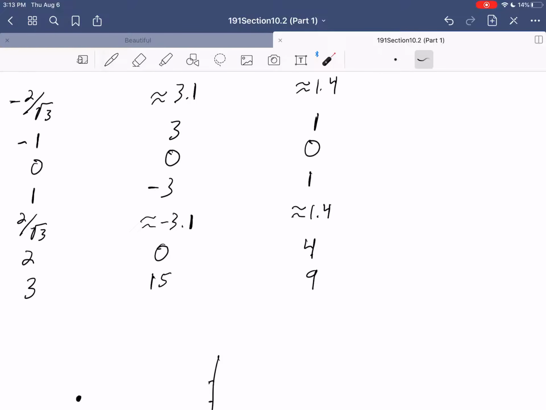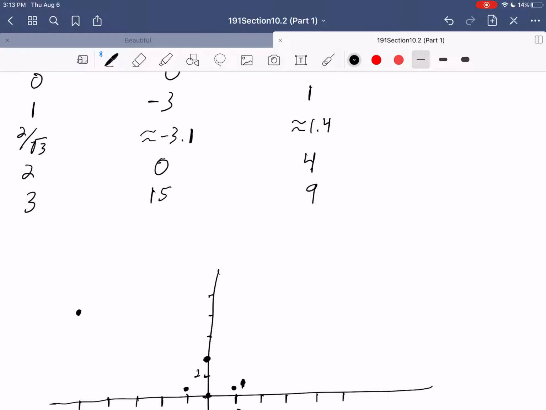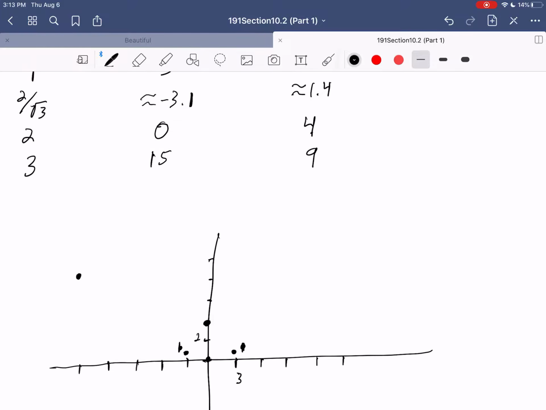So now we're at -3, 1 is our next point. So -3, 1, somewhere right about there. Then our next one right here is at -3.1, 1.4. So maybe right about there. And again, it's going to go vertical there. And then